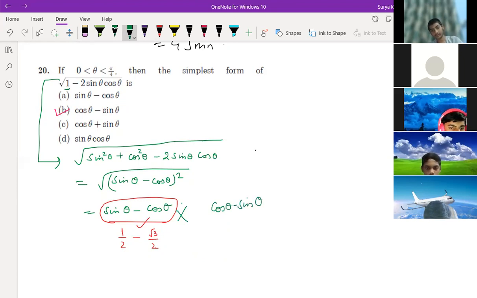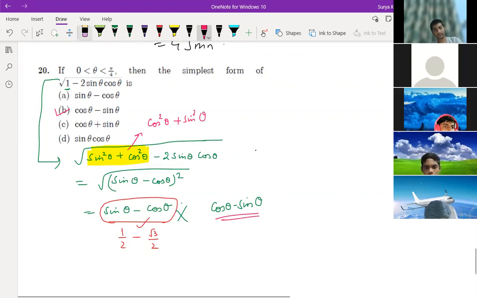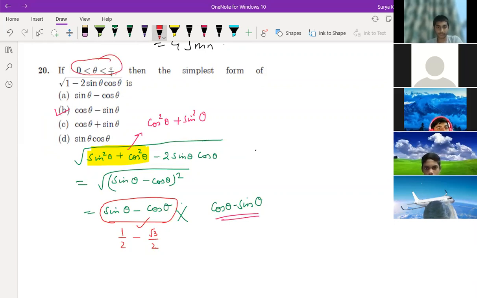Sir, so this also can be written as cos square theta plus sin square theta. Correct, children? So remember this. Cos square theta plus sin square theta you use, and your answer is what? Cos theta minus sin theta. Sir, for that only that was given, right? Yes, because there are two options. If this is not given, so there are two options. If this is not given here, so what do you do? There both options are correct. Both options, sir.